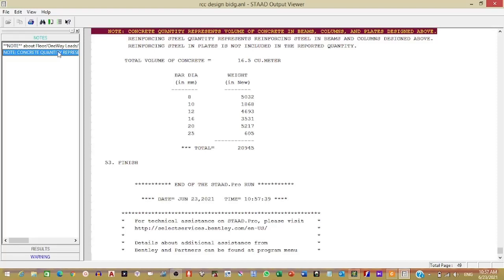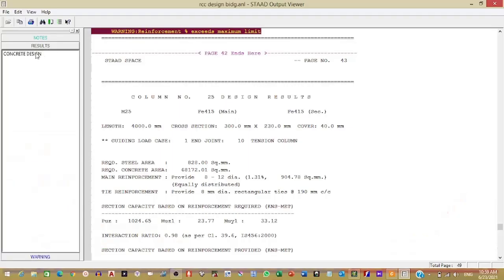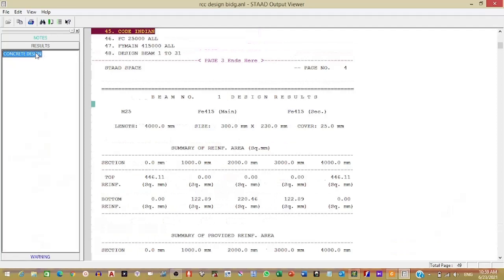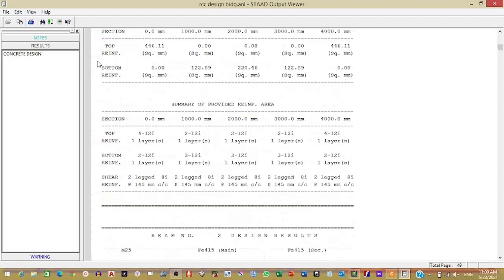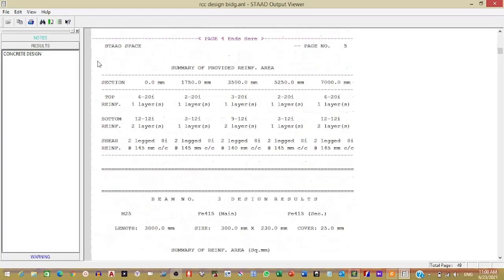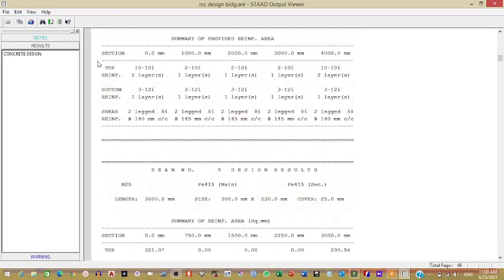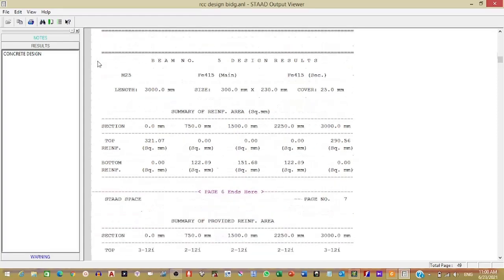As per beam, you will get the steel area. So as far as beam is concerned, you will get information from 0 beam length, total beam length 0 to 4 meter, 1 meter, 2 meter, 3 meter, 4 meter, at what location, what amount of steel required, then number of stirrups, shear reinforcement is stirrups.